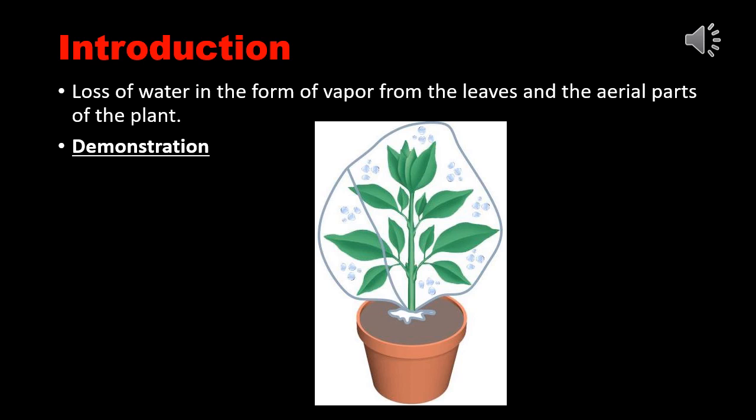If we arrange a control setup for this experimental setup, that is an empty polythene bag, cover the mouth of it and keep it in the sunlight. Then after a few minutes, when we observe, we cannot see any water vapor inside. That means there is no leaf of the plant, so there is no water vapor. So in the experimental setup, we can make sure that the water vapor present inside the polythene bag came from the leaves of the potted plant.